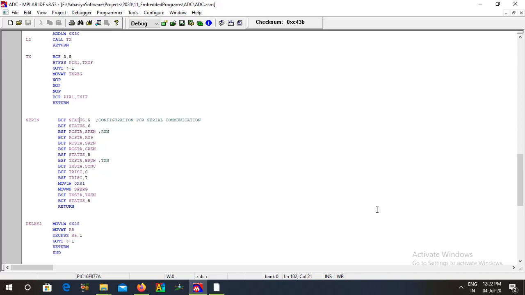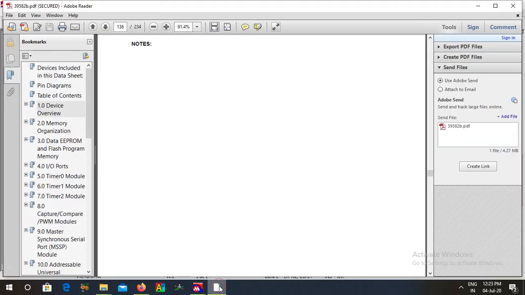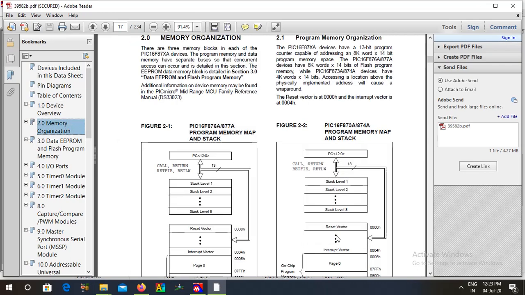BCF means clear the bit of the status register. Which bit is it? 5. Similarly, we are also clearing status register bit 6. What is the meaning behind that? Actually, we are selecting the bank not by doing this operation.